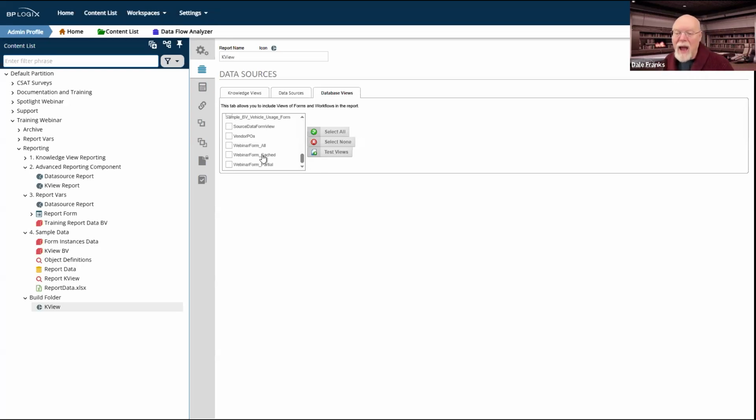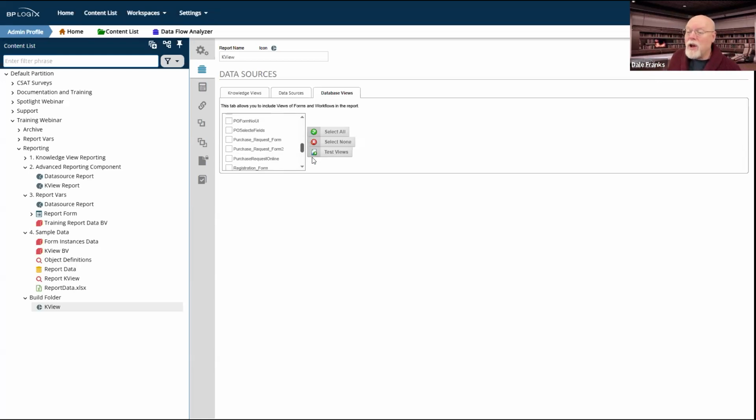For example, I have a cached form that also has a SQL view built on that cached form. So my data actually has a view that pulls the data from that form cache rather than the actual live form data. I've got these ones here at the top: BP process, process task, task user, etc. These are all of those built-in views that we just looked at a few moments ago that are built into the user database. So those are automatically accessible to you right here from database views. So there are many cases where database views is great.